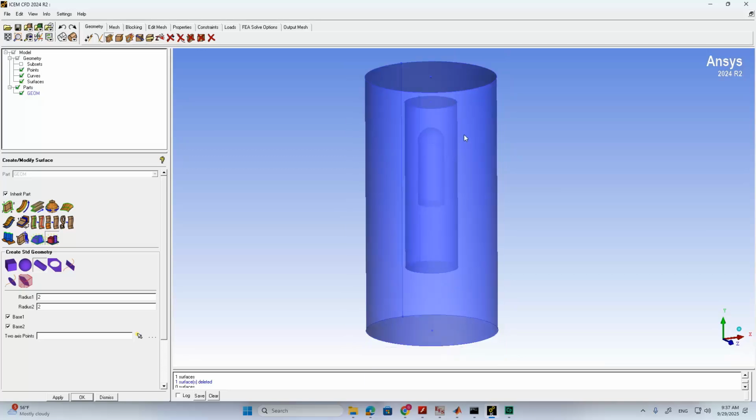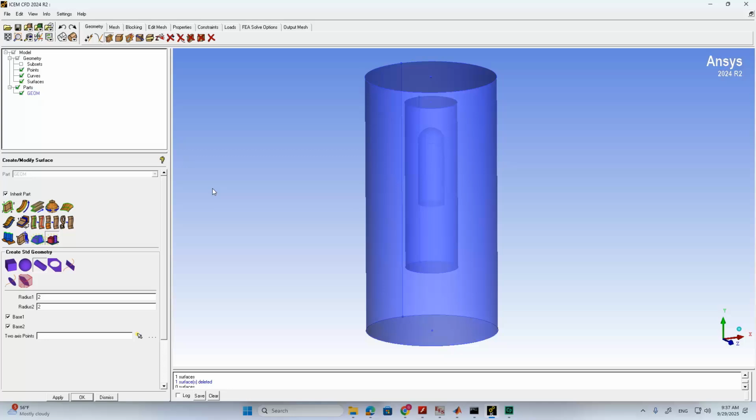And I also created two more cylinders. The big cylinder obviously is used to define the overall computational domain. And this smaller cylinder is used to define a subdomain in which we will have refined mesh and unstructured mesh. Okay. The very first step is to